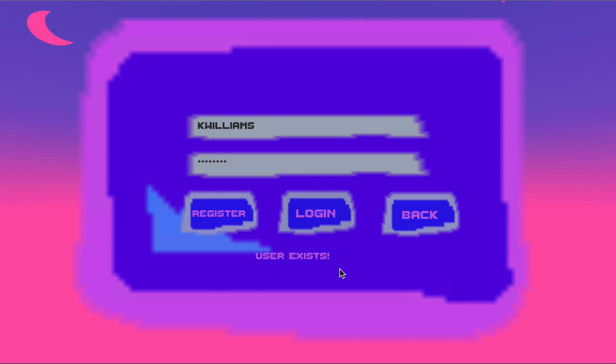Okay, it says that the user exists. If you try to type in a user with the same username as you or the same password as you,